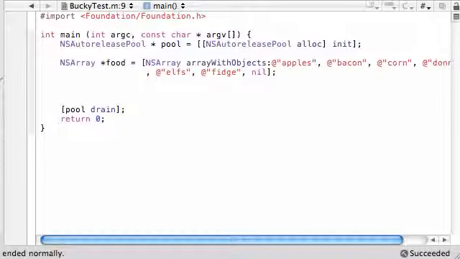But check this out. If we wanted to print out all the items in our array, we could make that line 6 times and print out objects at index 0, objects at index 1, objects at index 2. But a more efficient way to loop through an array and print out every object would be to build a loop, of course. So let's go ahead and build a for loop, and this is the most common loop for